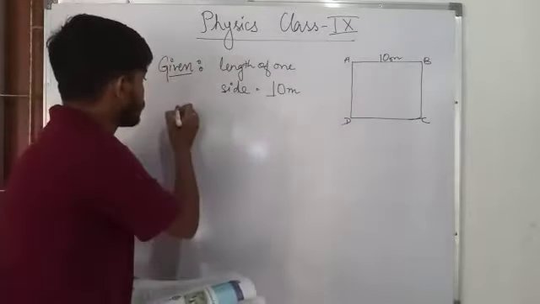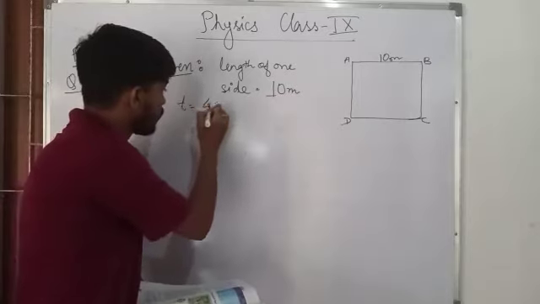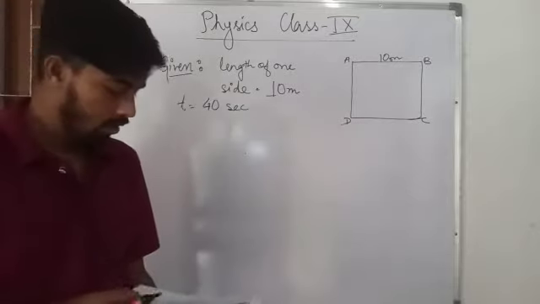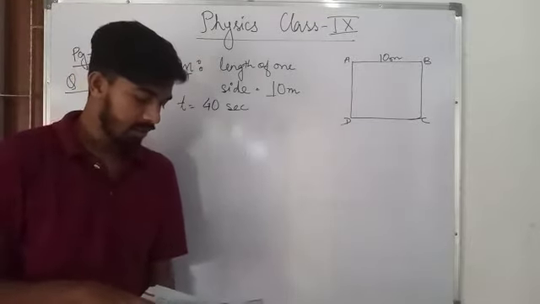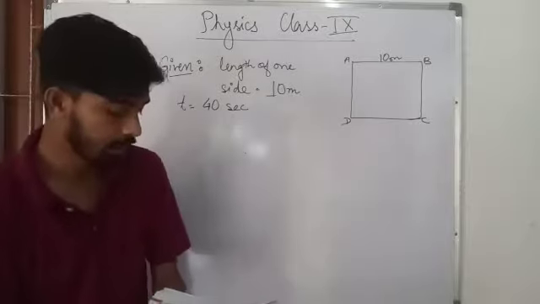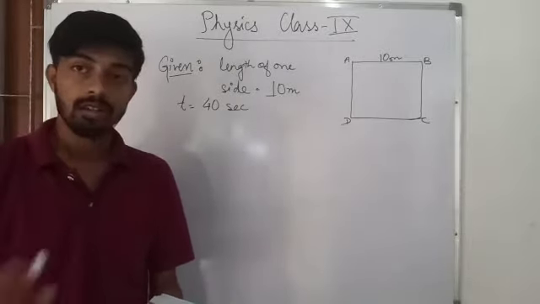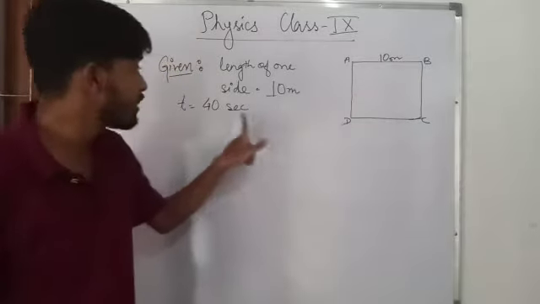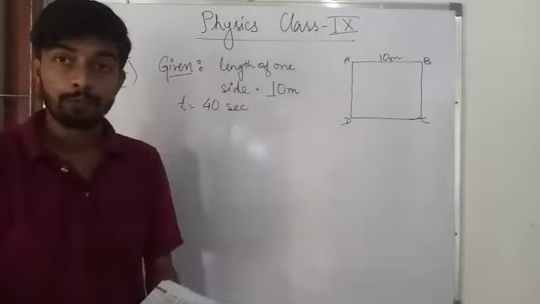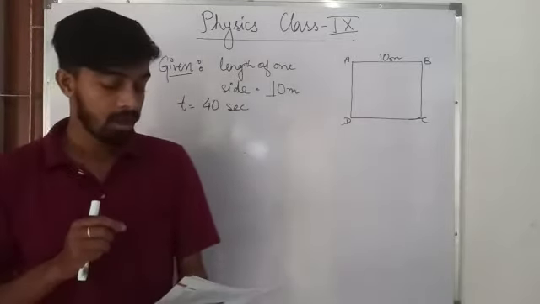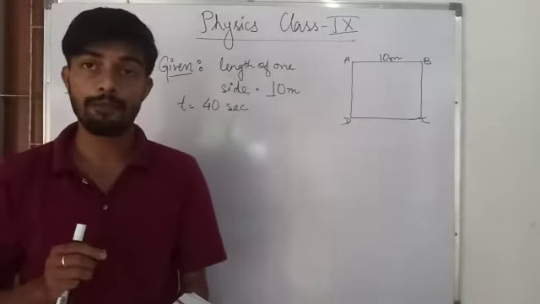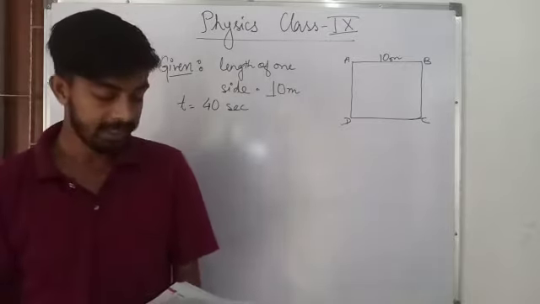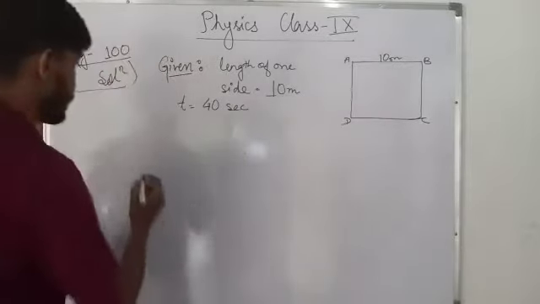Time taken: 40 seconds. So in 40 seconds, the farmer is moving in one side. That means to move from A to B, the farmer needs 40 seconds. So we have to find out how much displacement the farmer will cover at the end of 2 minutes 20 seconds. So total time is given as